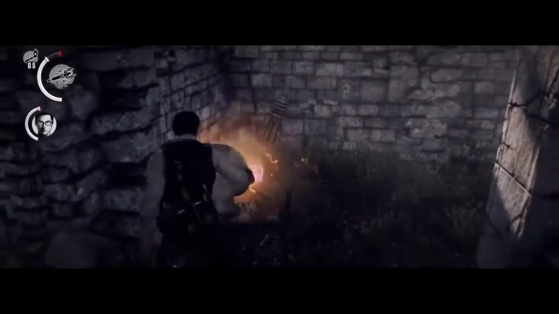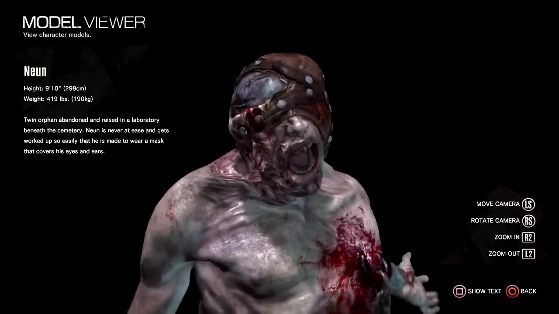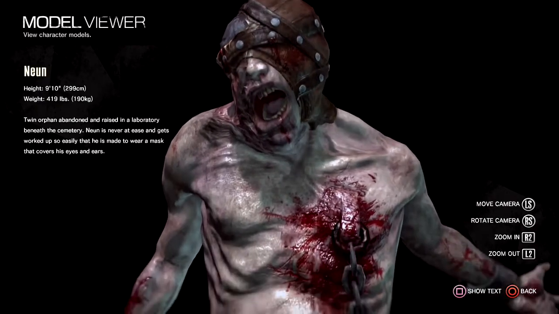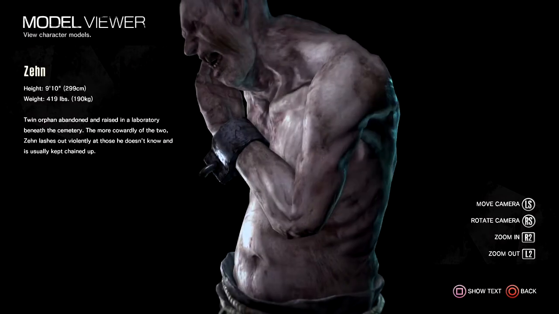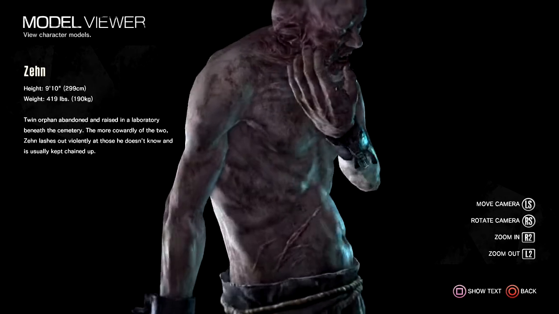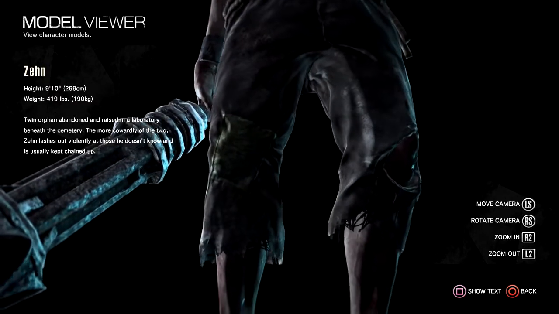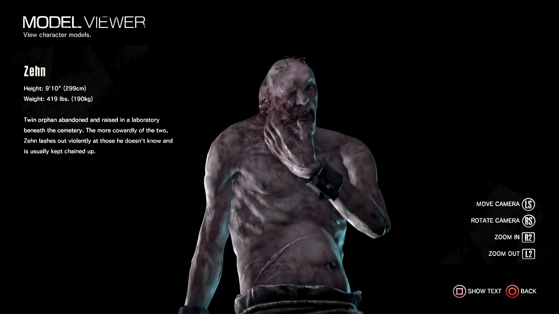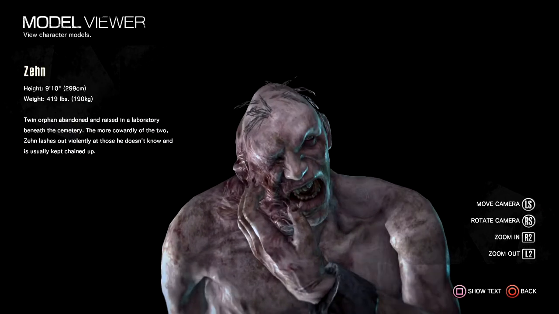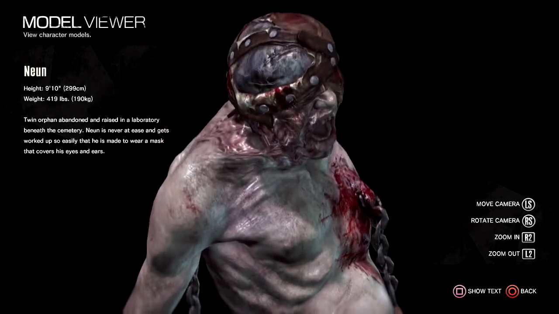Noon and Zen are both orphan twins that were abandoned and raised in a nearby laboratory under the cemetery. There are some distinctive differences between the brothers that should be noticed, like Noon wearing a mask and Zen being the more cowardly individual. These two are massive behemoths. They are forces to be reckoned with. Chains are usually stripped to their body as a solitary act to confine the brothers. You can clearly see the right side of Zen's face as he suffers an abnormality which is only akin to melted disfigurement. This must have been obtained by birth, along with the inhuman posture between the two brothers.